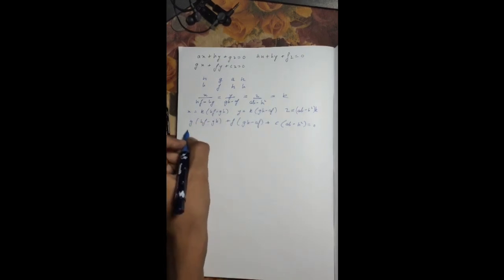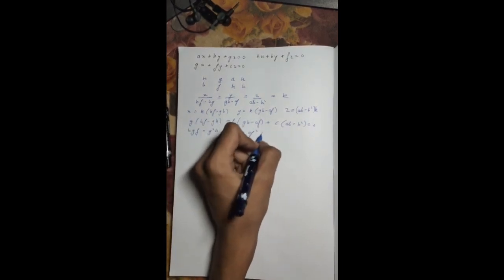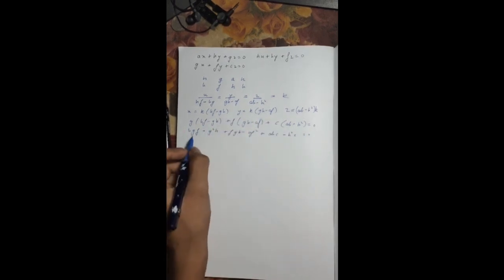Now we have bgf minus g square h plus fgh minus af square plus abc minus h square c is equal to 0. See, this was the mistake we have done. x was bg, not gh. So here I have written it in a very bad way. That's my bad. And then it's going to be g square b, and then we have